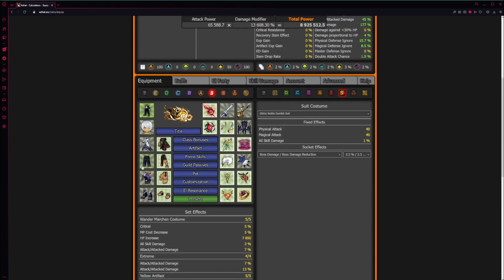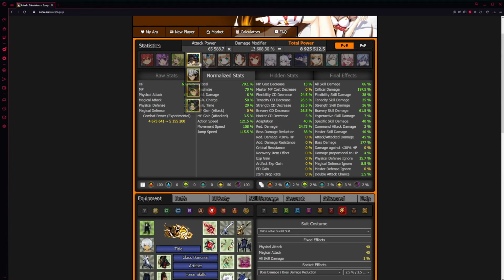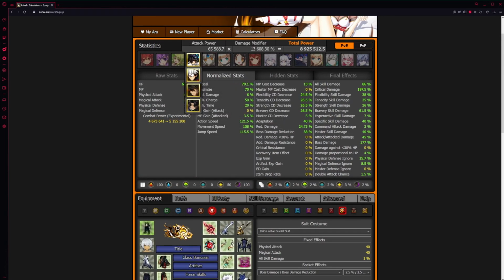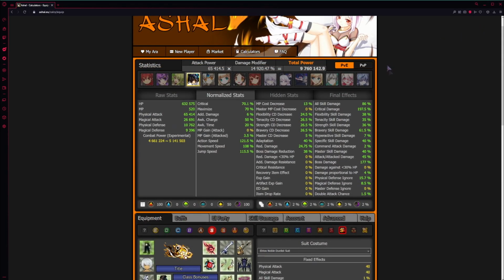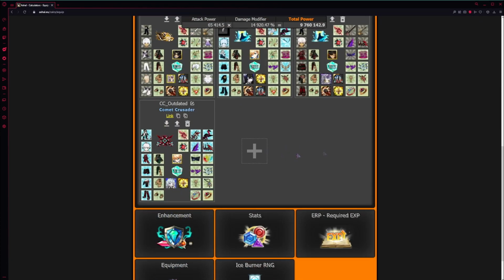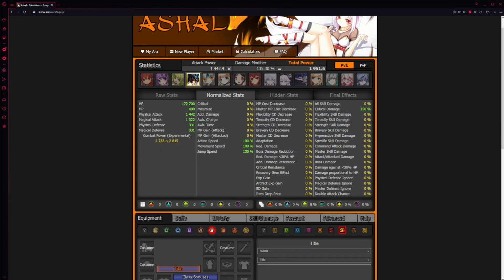So it already preloaded my Revenant stuff. That's mainly just because I have an account, and we'll get into that in a little bit. But for the sake of this tutorial, we're actually going to just start over. I'm not really sure if there's a way to just start over, so give me a second. Alrighty, sorry about that. I had to manually clear everything.